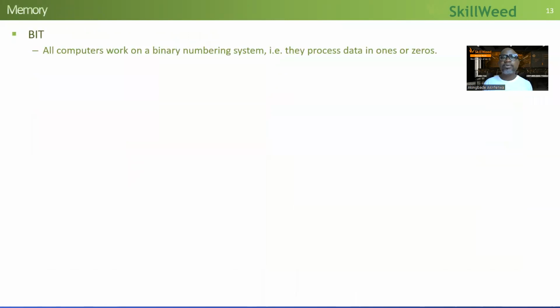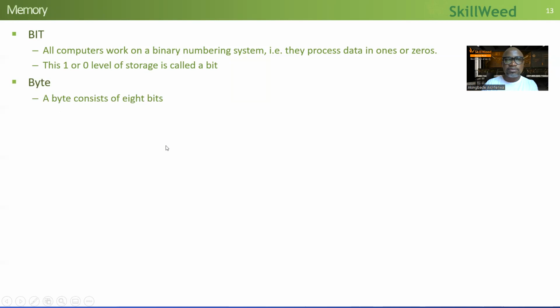Bits: all computers working on a system process our data in ones and zeros. I'm sure we all know that. Our computers process it, we don't know what it's doing, we have no clue, but we know it's being processed in bits, ones and zeros, at the back end. That's all I needed to know at the moment. You can see here, one or zero level of storage is called a bit. So just have that knowledge.